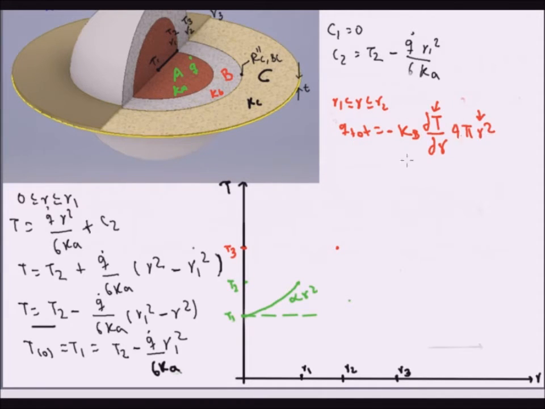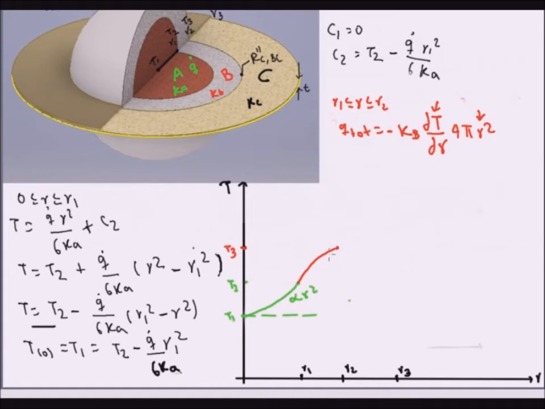So that means that at the lowest radius, at R1, our gradient has to be the maximum within this material. And as we get further from the center, the gradient decreases at a squared proportion as the radius increases. So that means that originally the slope will be higher, but then as we reach... wait, I don't want it to look like a zero slope at the end, because the slope is not zero at T3,